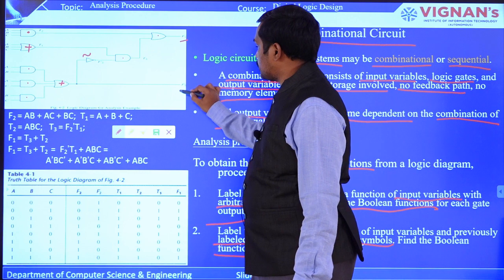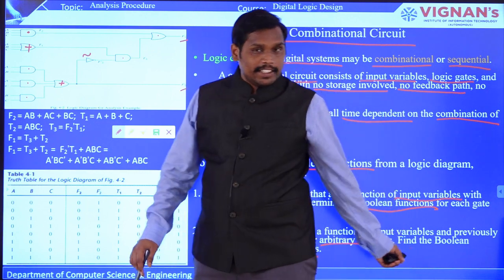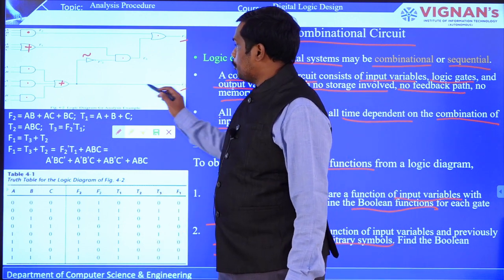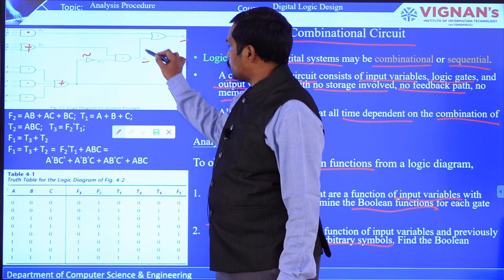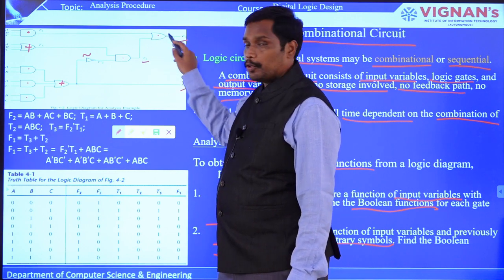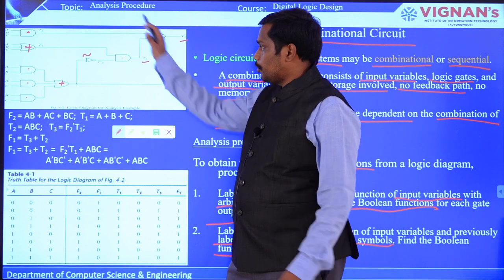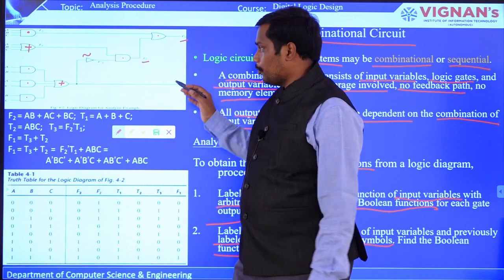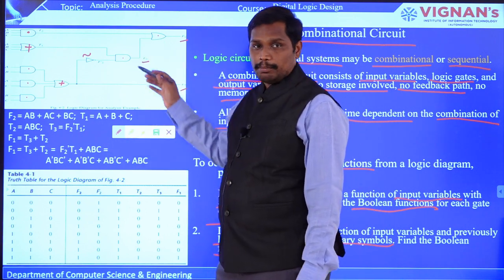Finally, you are going to have the expressions F1 and F2. This particular statement says that in order to get F2, you can have T3, which is also another function that is given as an input to the gate. So this is how a logic diagram is given, and now we are going to extract the expressions from the logic diagram.